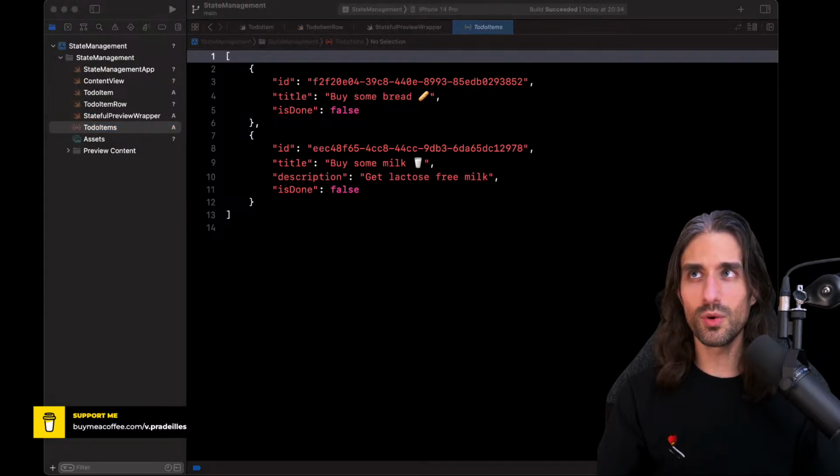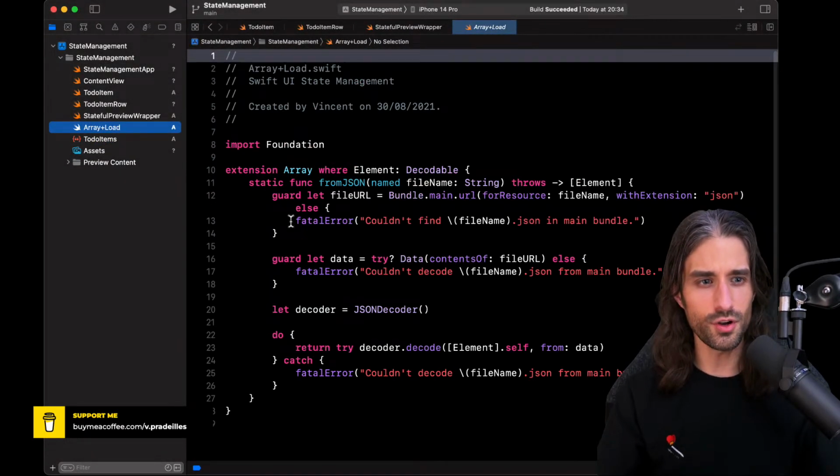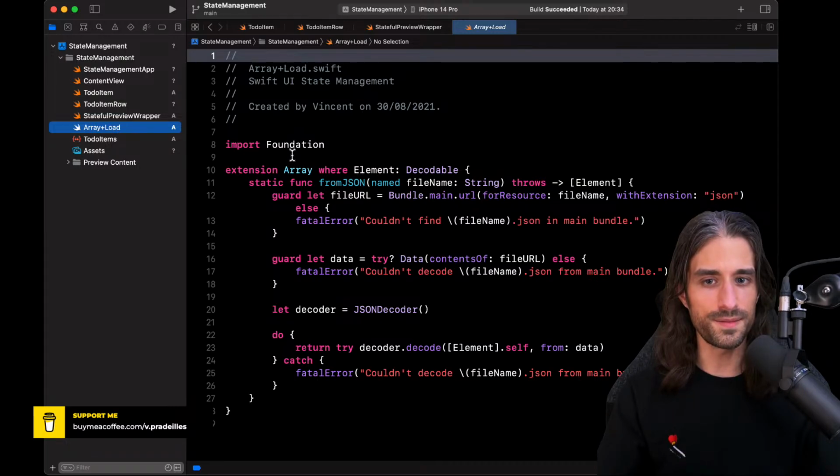And then we're going to also add a Swift file to easily load this. So let me also add this file. It's called Array+Load, and it's just a static method on arrays whose elements are Decodable to be able to decode them from a JSON. So it just uses Decodable under the hood. It's purely a convenience method that we're going to use.